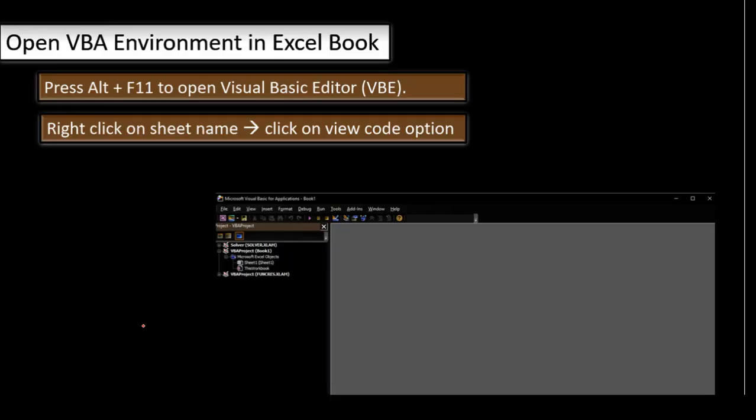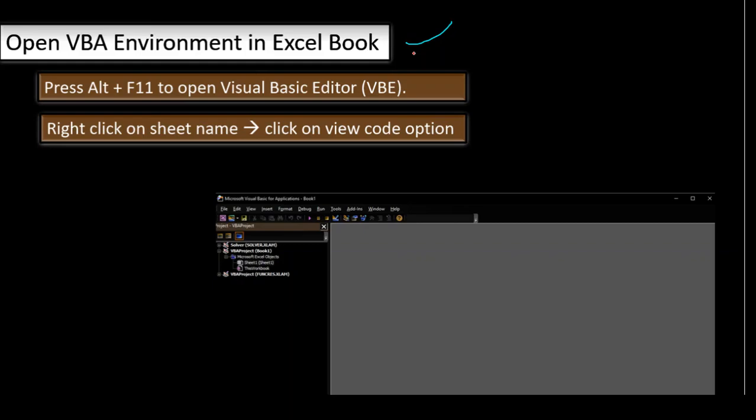So today we learn about the VBA environment in Excel, how to write the basic code in Microsoft Excel. As we all know, in Microsoft Excel we can write code, and that can open up new possibilities. The code is basically Visual Basic, and it is very simple, as other programming languages are.